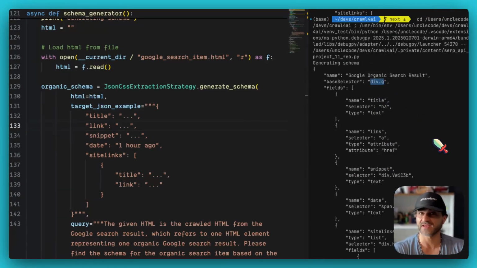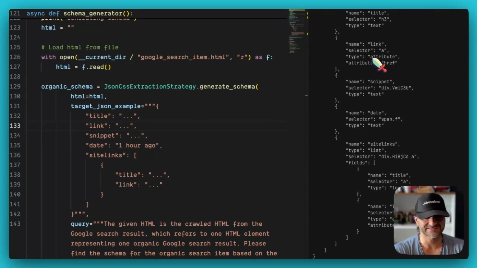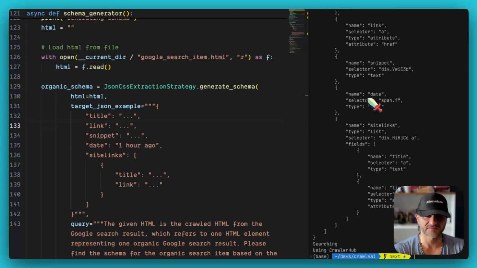It took the same thing that I found by myself. Very interesting, very efficient. It chooses names and gives you the field. For the title, go for the H3. For the links, the selector is the A. That means there's only one A over there, and it makes sense. And then the snippet is this one, and then the date is